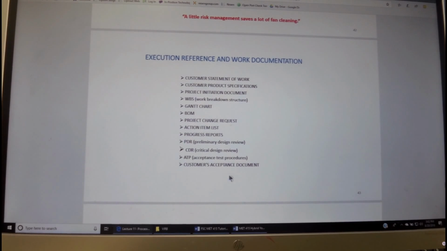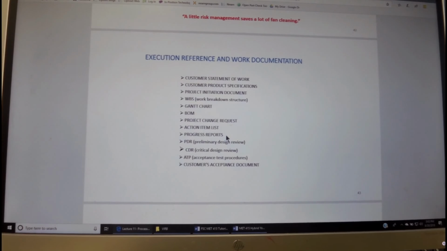The execution, reference, and work documentation also include the customer statement of work. We obviously will not use all of them in our course project, but some of them, like the Gantt chart, will be there, and the customer specification, and also the statement of work. And then also the change request should be done in writing. Action item list in regular periodic reports. We'll see an example.